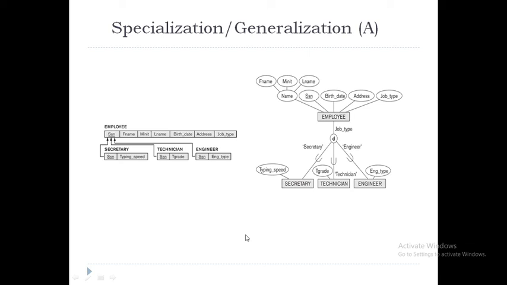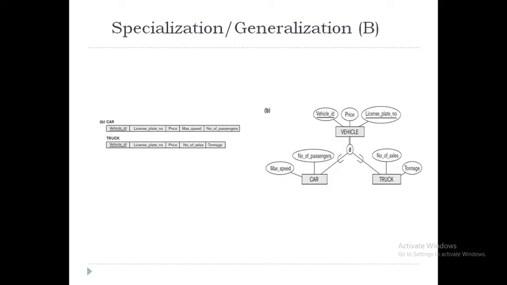So this is the usual method. It is applicable whether it is disjoint or overlapping, so you can use this method. The next one: create multiple relations, or tables, for the subclasses only. So you will not create a relation for the vehicle. This vehicle is a superclass, right? So for vehicle, don't create a relation, but for car and truck, you create a separate relation.